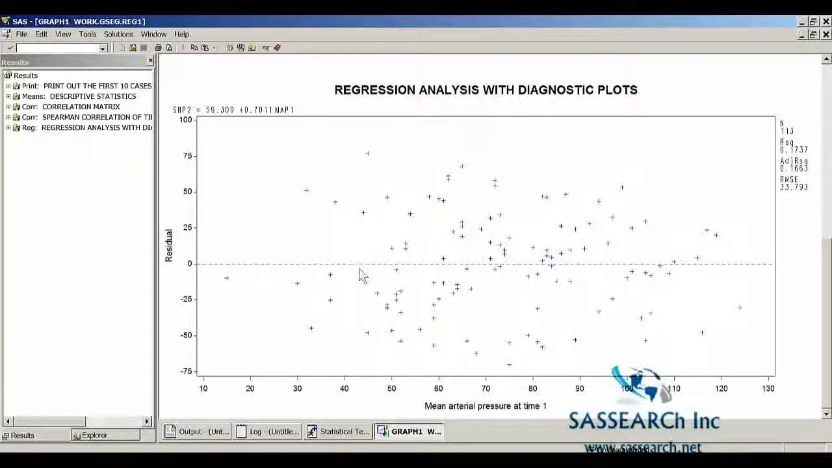And then in terms of looking at linearity, we're interested in whether there appears to be a random scatter of points about the y equals 0 line. So there's no obvious pattern. So again, it appears that our linearity assumption is met. Again, for equal variance, we're interested in the width of the points. And for linearity, we're interested in whether there's a random pattern around the y equals 0 line. So based on the